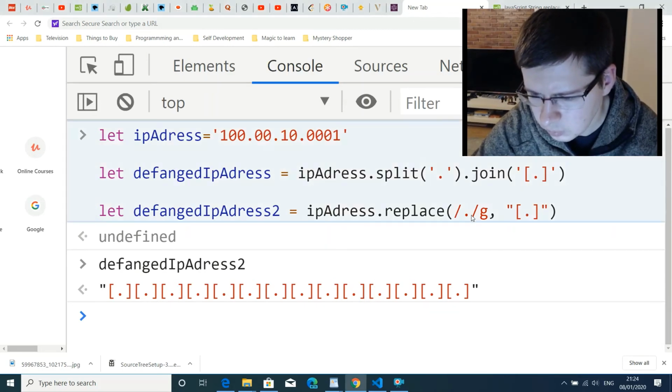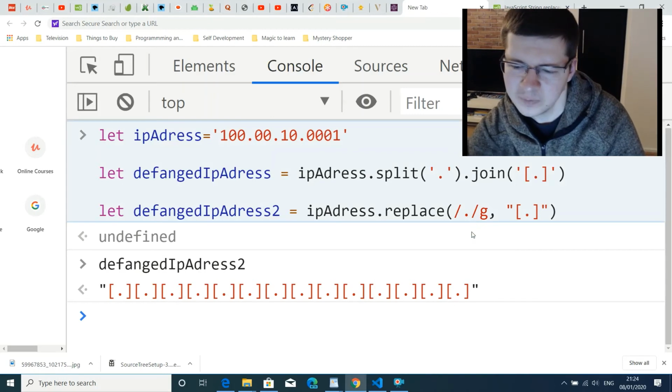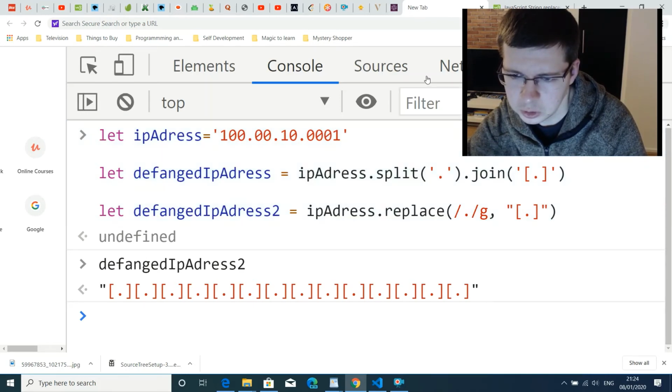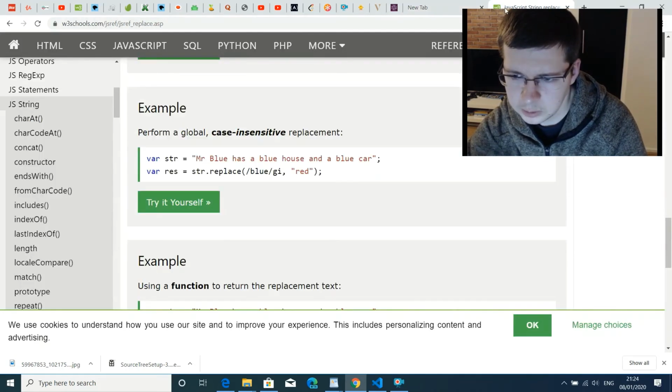I think it understands to replace everything, but I don't know how. If I want to replace just the dot, let me go again on there,